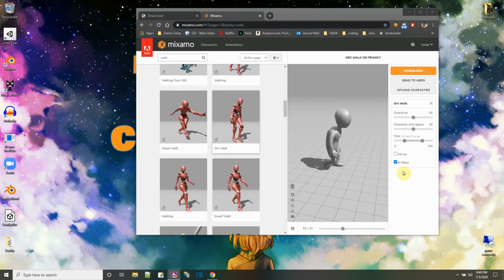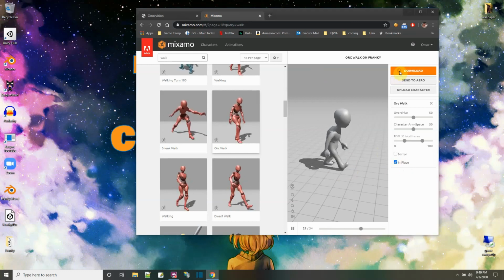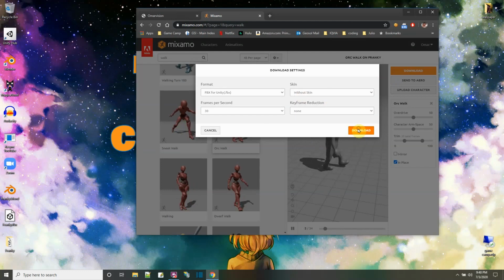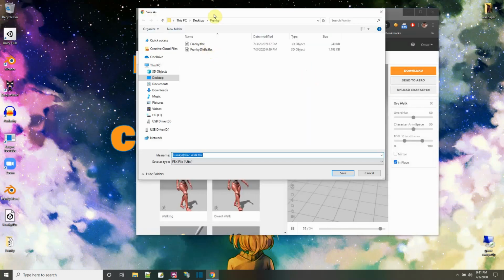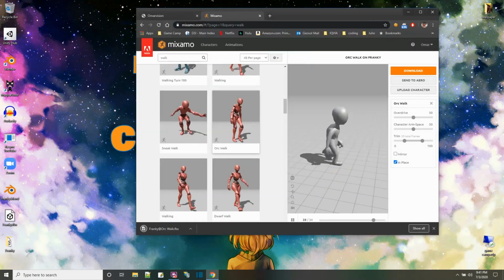So the one I'm actually going to pick is the orc walk, and I'm going to check the in place because in the game in Unity I'll transform myself. So I'll download this animation too without skin. I'll download this one to the Franky folder, save it,